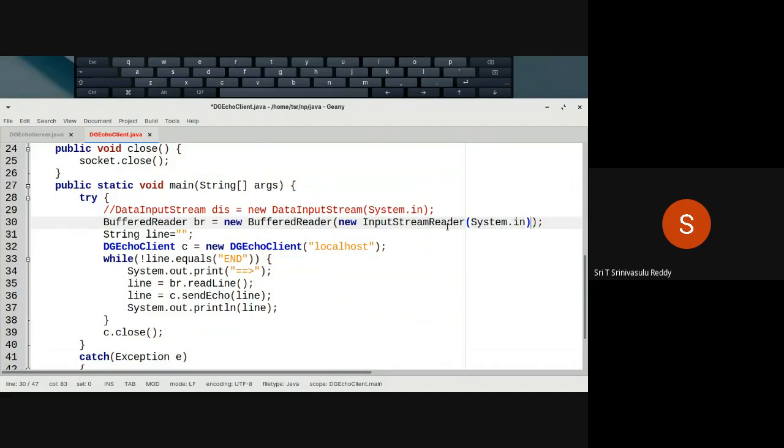So this input stream reader will take a stream object and return a reader object. And buffer reader, you can create an object when a reader object is passed as an argument to buffer reader. So this input stream reader is a conversion mechanism from a stream to the reader. That's all what you are actually doing.